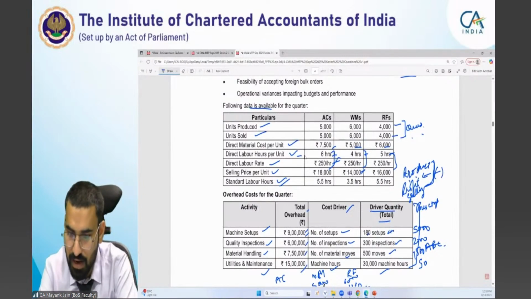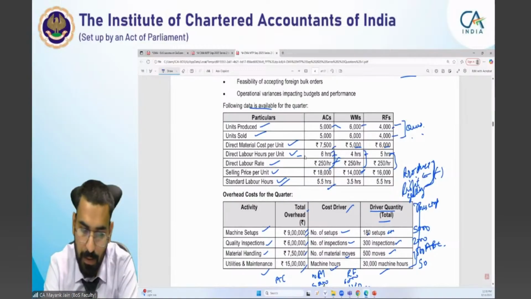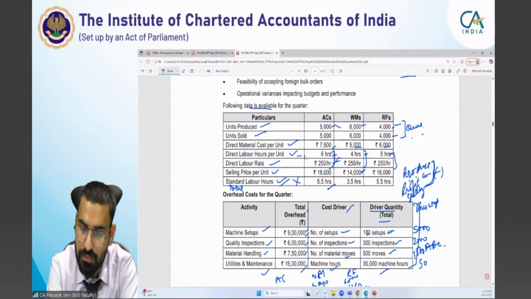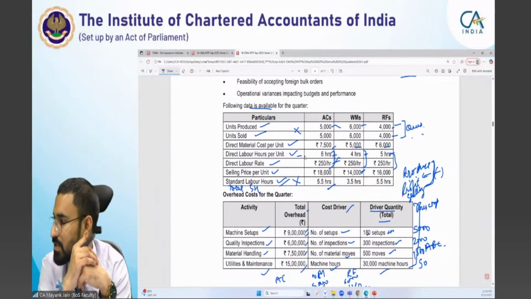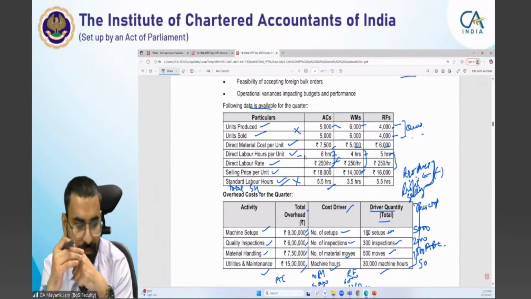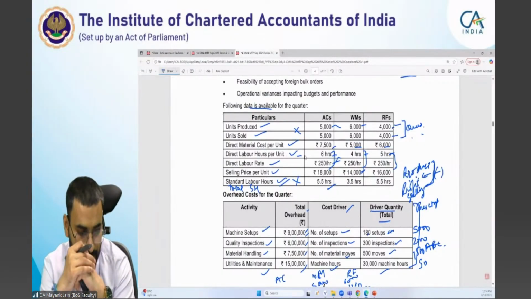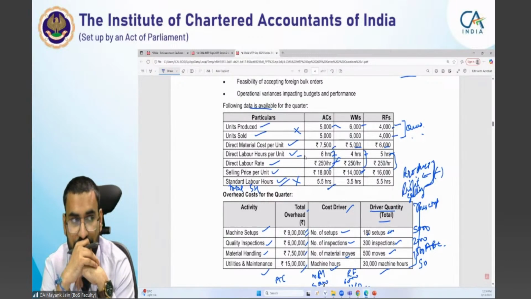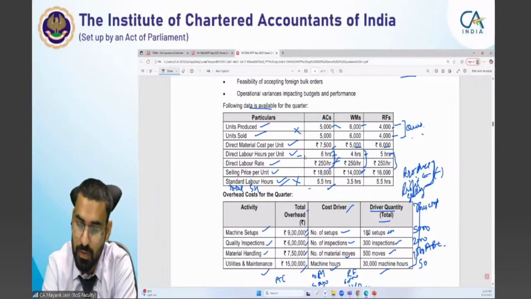हमारे पास स्टैंडर्ड आवर्स पर यूनिट गिवन है और टोटल नंबर ऑफ यूनिट्स गिवन है। हमारे पास टोटल स्टैंडर्ड आवर्स आ जाएंगे इसको और इसको मल्टीप्लाई करने पे। आप मुझे बताइए कितना आया स्टैंडर्ड आवर्स? यस, 27,500।